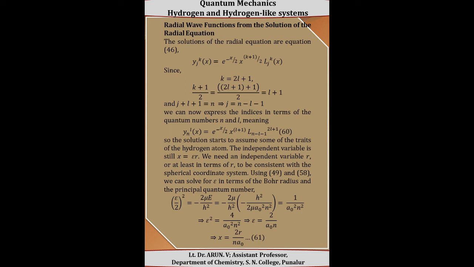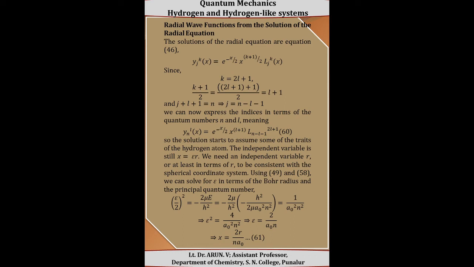or (k plus 1) by 2. So that is equal to (2L plus 1 plus 1) by 2, that is equal to L plus 1, and j plus L plus 1, that is equal to n, that gives j is equal to n minus L minus 1. Then by substituting the value of j and (k plus 1) in the equation, we get